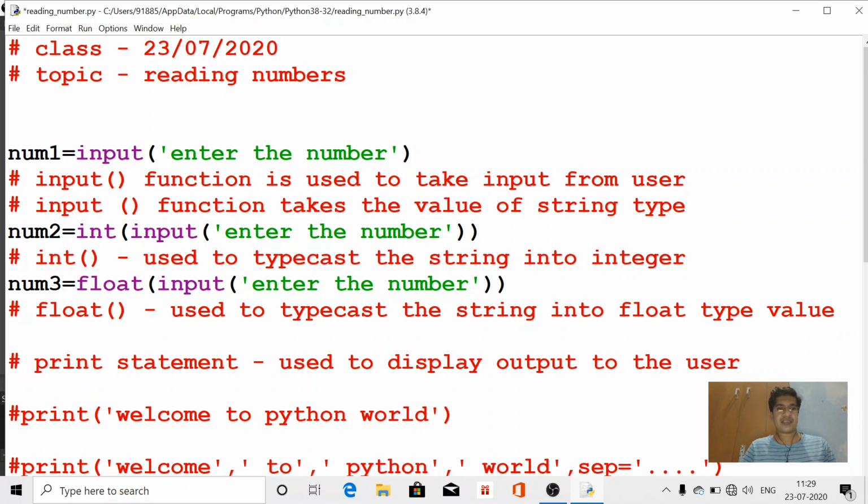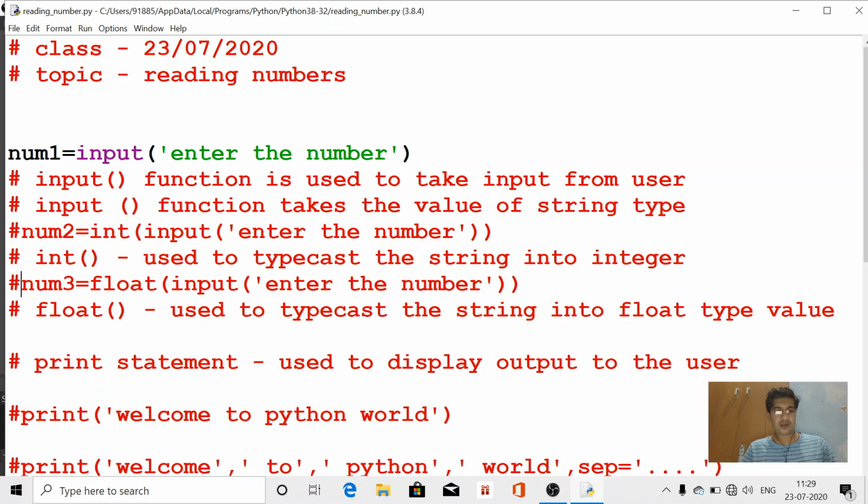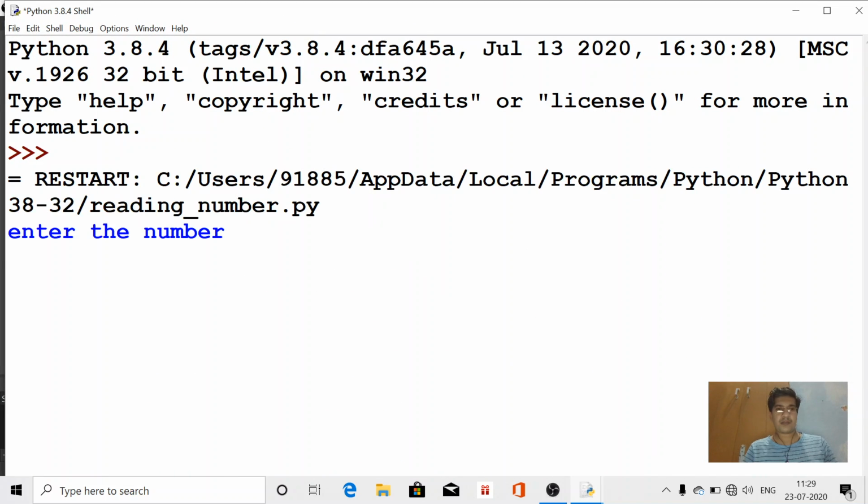Now you can check the output for this type of string. If we are going to comment the first line and second line, now you can check the output for this. Now here enter the number, that means if you enter any number, this is the string type, it is not an integer number.